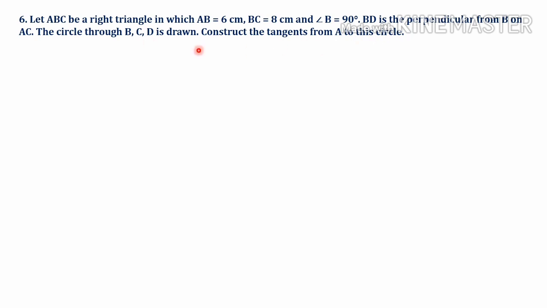So this is a very important question, and when we compare with other questions, this is a little bit difficult to construct also. So as we have done in the previous question, first of all we will draw the rough diagram and explain the process, and then we will go with the actual one, then the steps of construction. So that is the plan. Next we are going to draw the rough figure and I will explain the process of construction also. By using that rough figure we are going to draw the actual one. After that we will write the steps of construction.